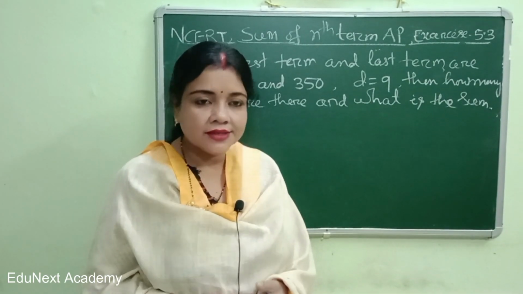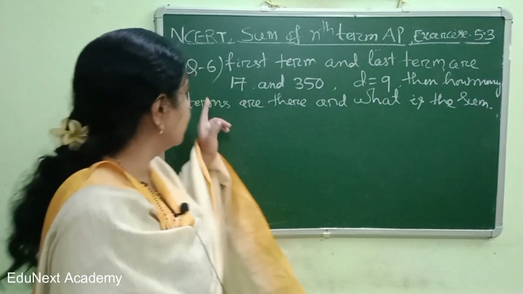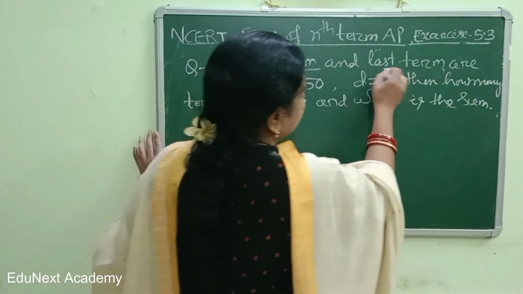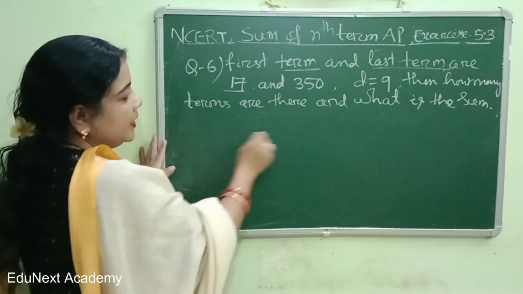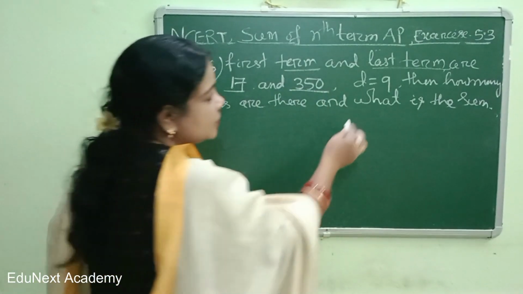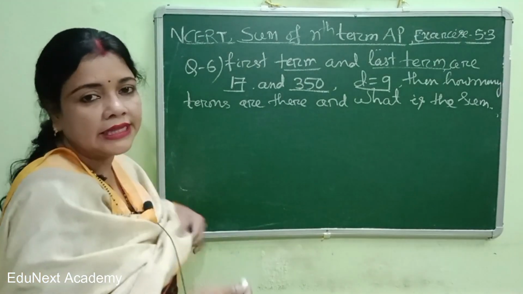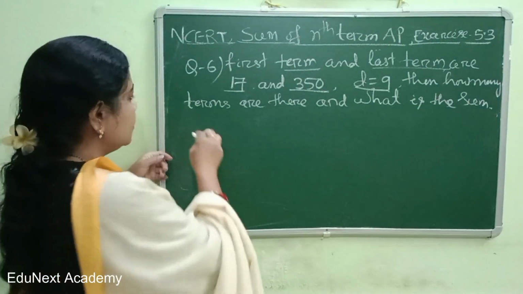Now let us discuss question number 6. Question number 6 is given that the first term and last term are 17 and 350, and the difference is also given. You are asked to find out how many terms there are and what the sum is. So, solution,